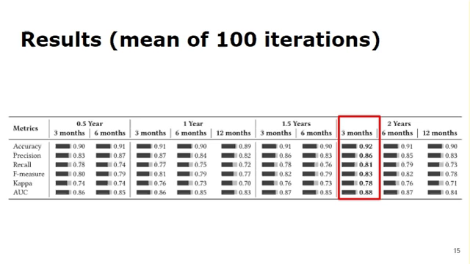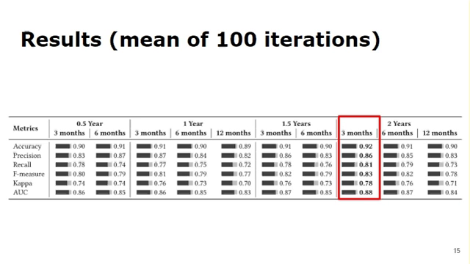As we can see, it has the best results in bold when the features are collected during 2 years in intervals of 3 months. In this scenario, accuracy is 0.92, the precision is 0.86, the recall is 0.81,